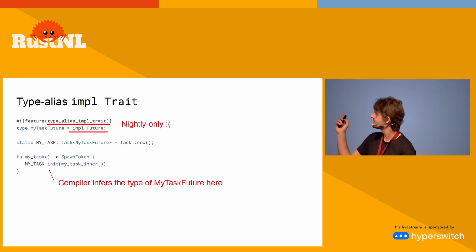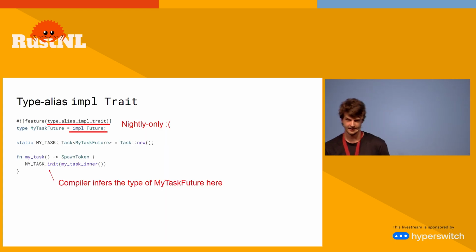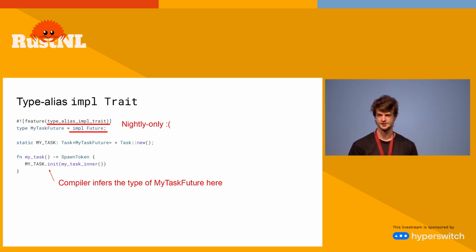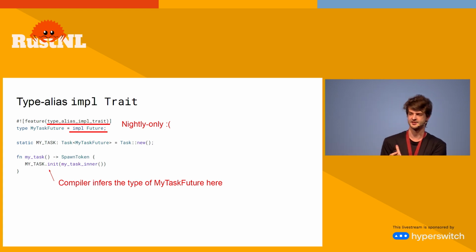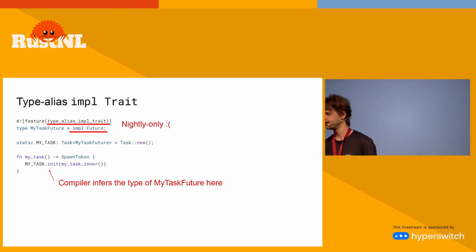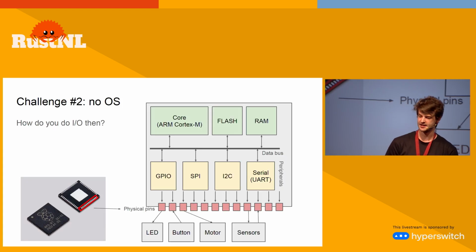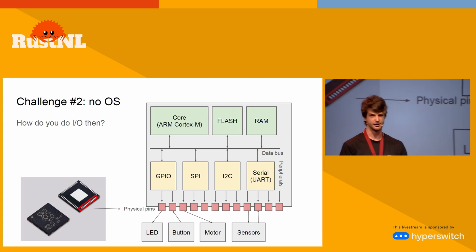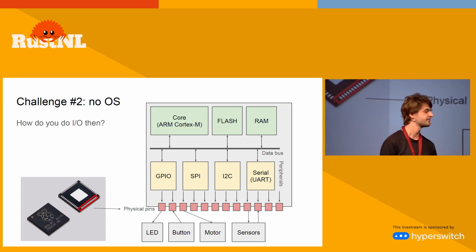Of course, the challenge is this is nightly only. Currently Embassy works on stable, but it has a fallback which uses a very simple bump allocator. So you do have out-of-memory errors at runtime, but only when you spawn tasks, which you typically do only at boot. And only if you use nightly can you opt in to be fully no-alloc. But this is something that should get stabilized eventually, and when that happens, Embassy will be truly no-alloc. And the second challenge is we have no operating system at all, as I said before. So how do we do I/O?